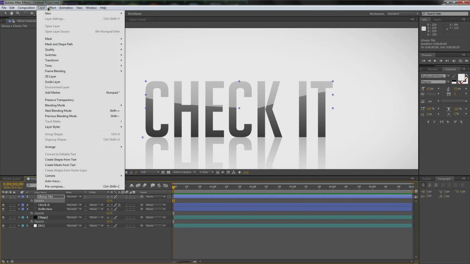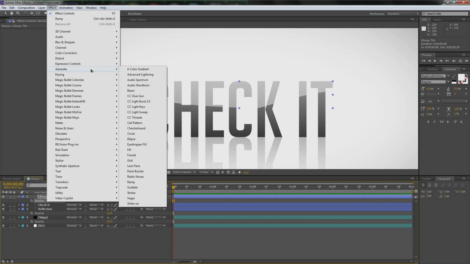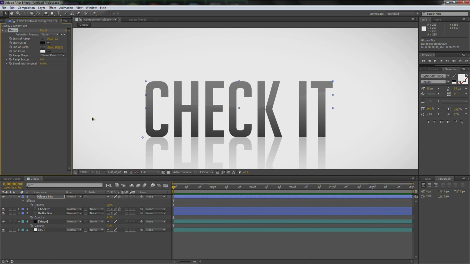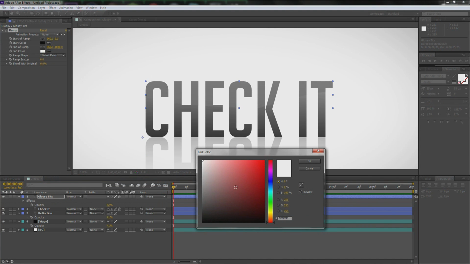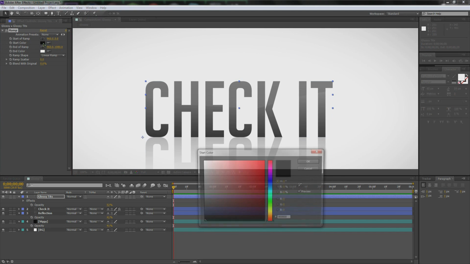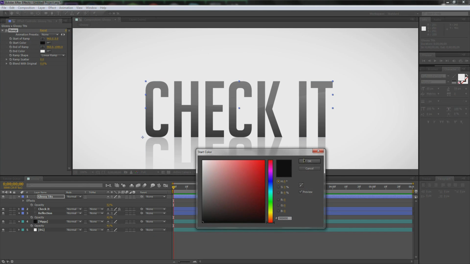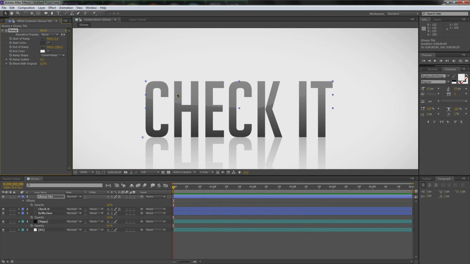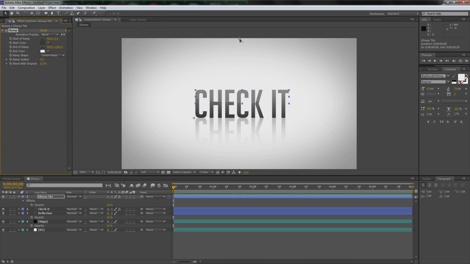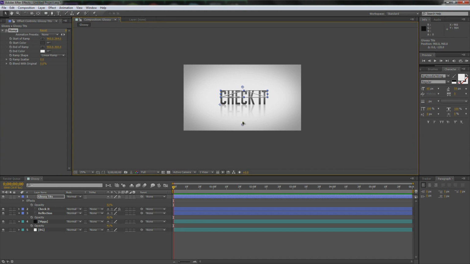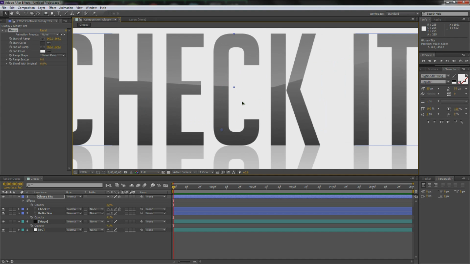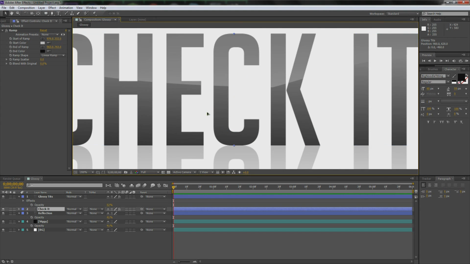I want to go up to effect, and I want to generate another ramp. And I want it to start with white at the bottom, and then I want it to go up to black or gray or whatever you really want. I'll just make it a dark color so you guys don't hate me. And now we're going to click this, bring it down, same thing with this right here, bring it up, and now we can get a way more